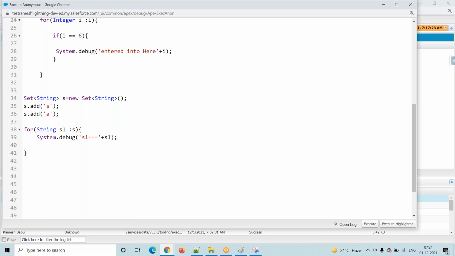Finally, why are we going to use a for loop? Whether it is a set, list, or map, to iterate and check each and every element, we will use a for loop here. So what is the format? Which list are we trying to check? In this list, elements are there, right? What is the data type of each and every element? Then this is the one. Then the next one is the reference variable.